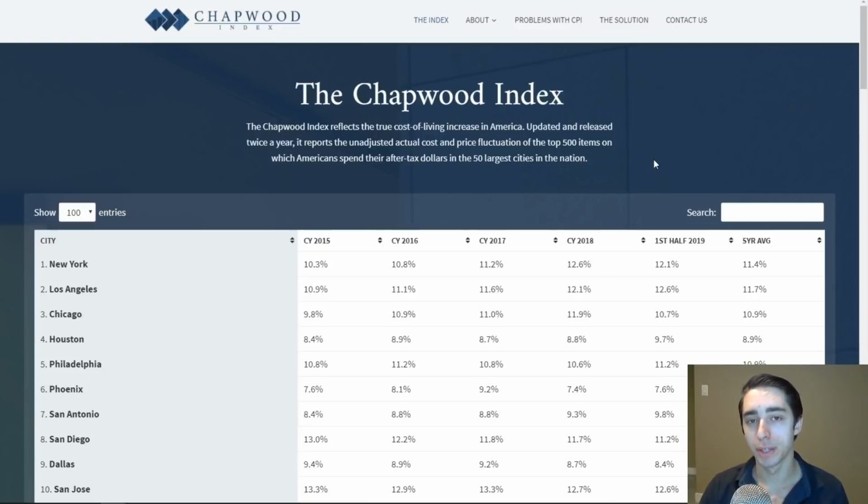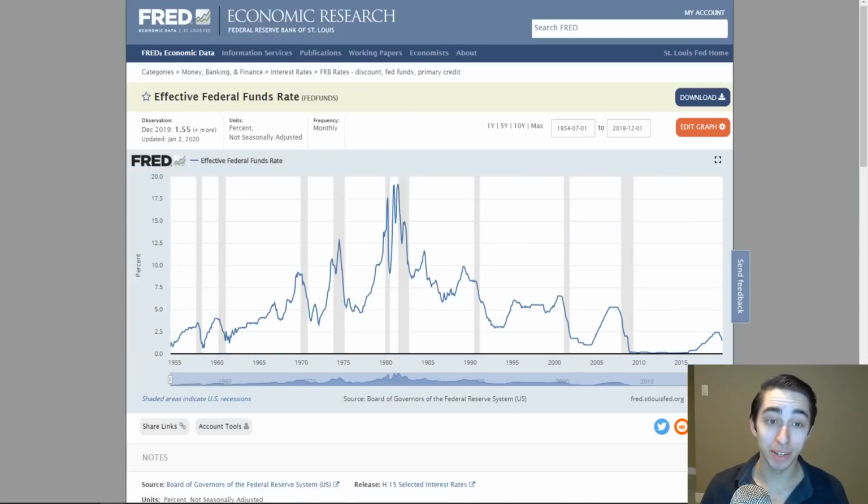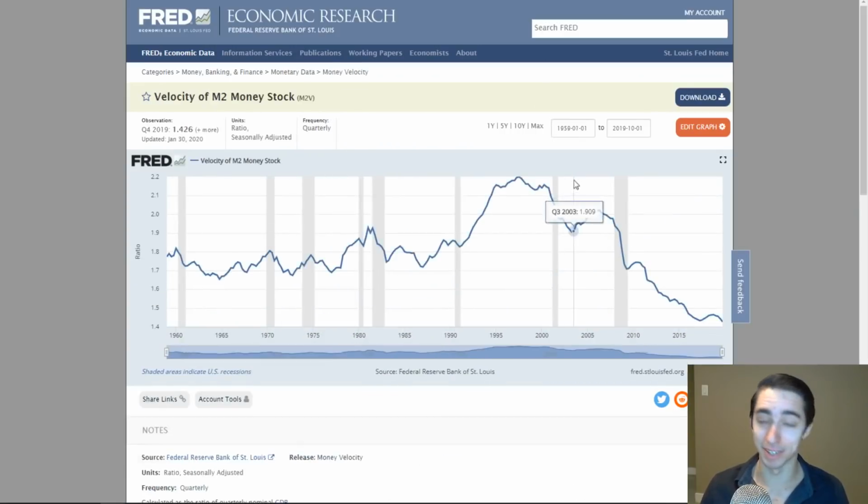So this is the key thing to take in mind here, guys. Velocity is key here. The Fed knows what it's doing. If it understands the concept of velocity, which it does, because quite frankly, I got its velocity chart off of the Fed website. So this is the Fed Research Economic Data website. I mean, come on, guys. This is very important to take into mind here. It's a very important concept to understand.